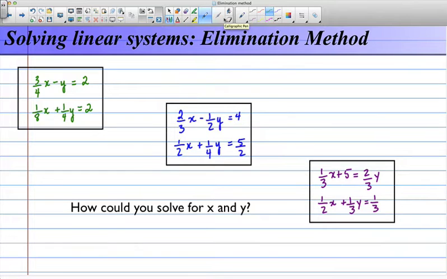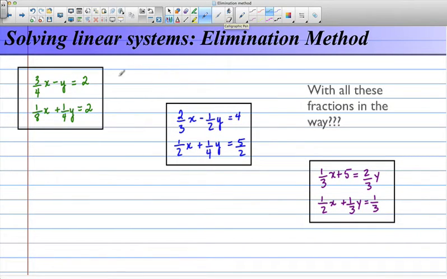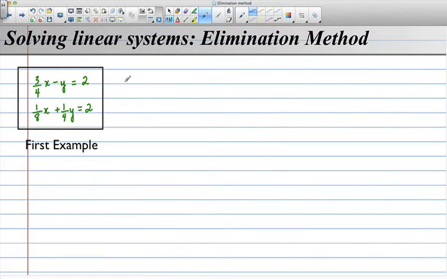In this video, we'll take a look at how we solve using elimination when there are fractions involved. Now, there are two ways we could deal with this question. The first way is by clearing the denominators. So if we decide to multiply both sides by 4,